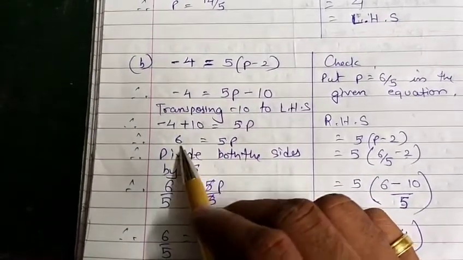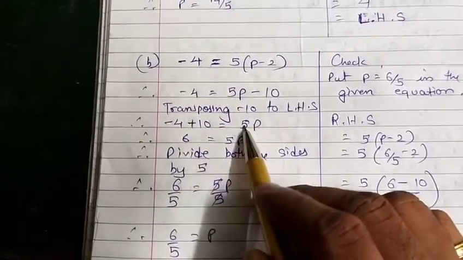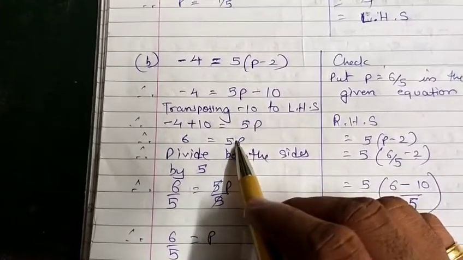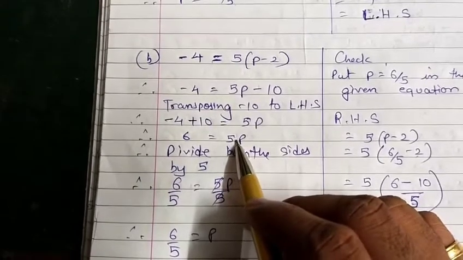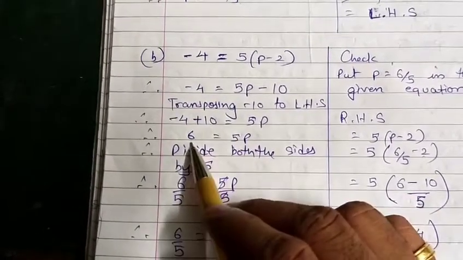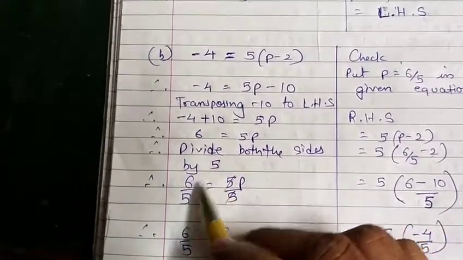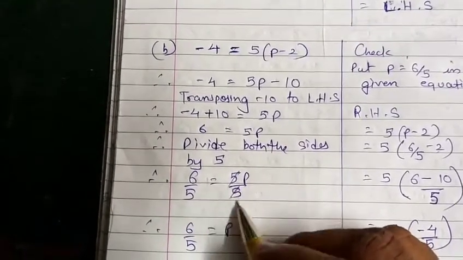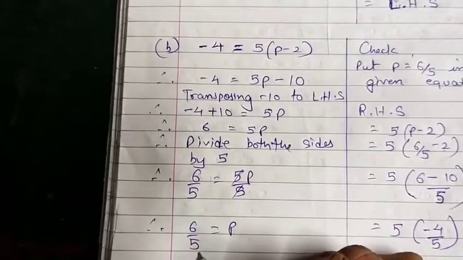Now minus 10 minus 4 gives minus 6, no wait, as stated: minus plus minus 10 minus 4 gives 6, and this is how we have separated the variable. Now you have to eliminate this 5. So I have to divide 5 times P by 5. So you have to divide 6 also by 5. So divide both the sides by 5. By doing such, 5 and 5 will get cancelled. That means the value of P is 6 by 5.